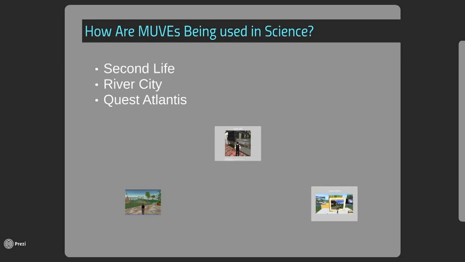Students create a hypothesis through talking with members of the town, and then they test that hypothesis by carrying out virtual lab tests. The third movie is that of Quest Atlantis, now renamed the Atlantis Remixed Project. This is an international learning and teaching project that uses 3D multi-user virtual environments to immerse children ages 9 to 6 in educational tasks. Emerging from a decade of research with Quest Atlantis, the Atlantis Remix project now combines strategies